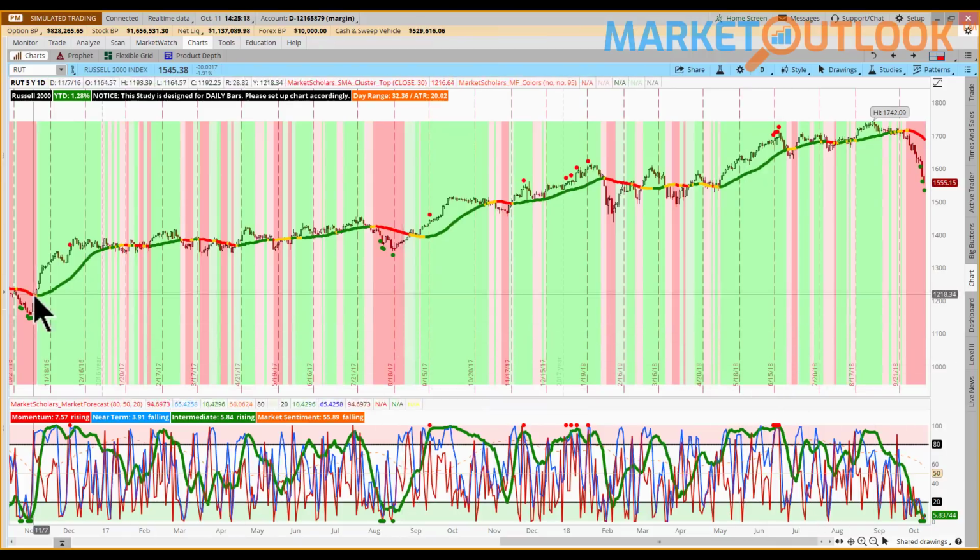And as you can see, this was the set of 3 clusters that I mentioned before, which was August of 2017. This was the other set of 3 clusters in a row that we saw back here in November of 2016. So as difficult as it is to think that the stock market is going to rebound here, one thing that we have noticed is that when we get extreme sell-off prices like we have this week, the end could be near. Now, obviously, no technical indicator is 100% perfect,